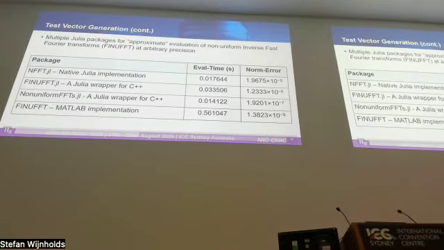There are multiple Julia packages to approximate the non-uniform inverse Fourier transforms at arbitrary precision. Among those, NFFT.jl offers a native Julia implementation, whereas FFTW.jl and NonuniformFFTs.jl offer wrappers in Julia for optimized C++ functions. To evaluate the accuracy and the execution time of these different implementations,